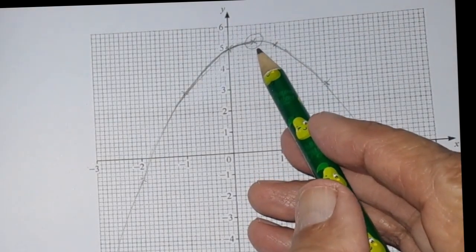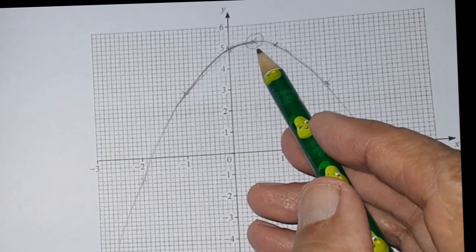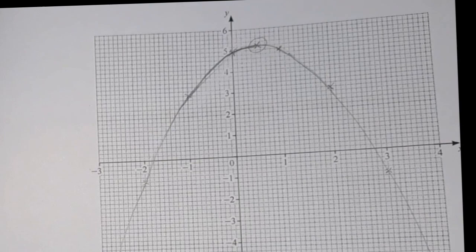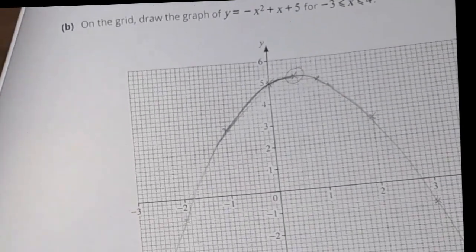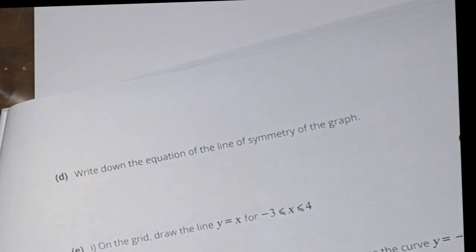So the equation would be x equal to 0.5, y is equal to 0, and x equal to 0.5. So we write down here x equal to